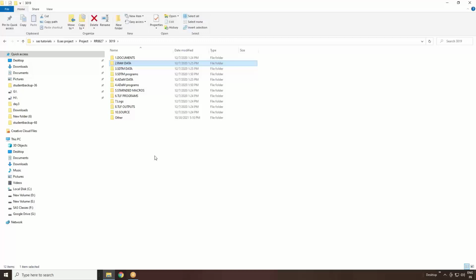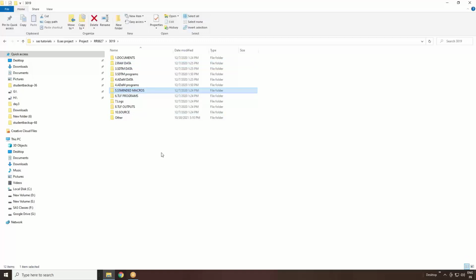So whenever I run it, all the SDTM data sets will go and settle into that particular location. All the standard ADaM data sets will be stored in a separate location, and all the paths and everything are already set in that particular standard macro. So those standard macros you can see here.